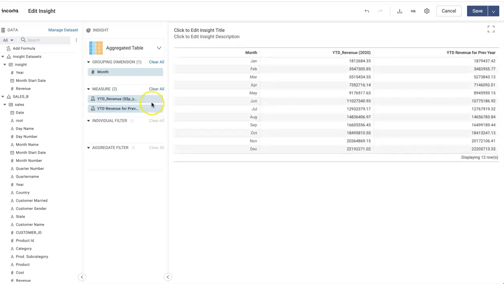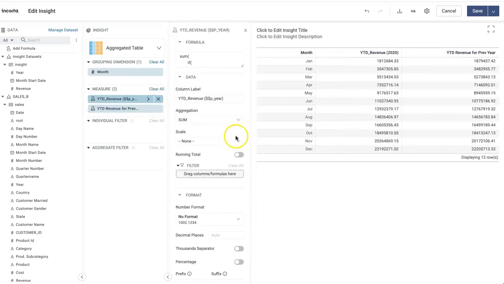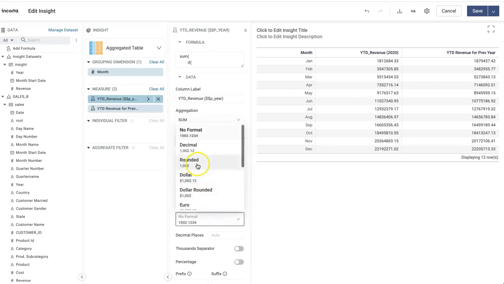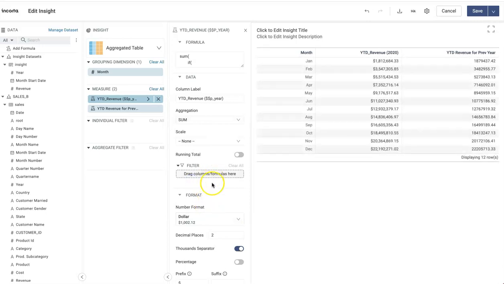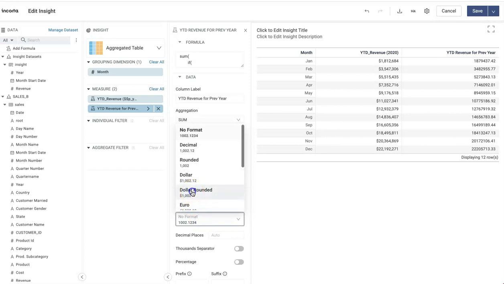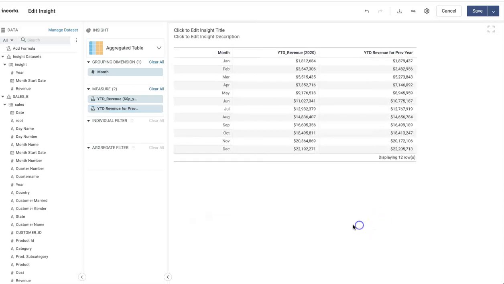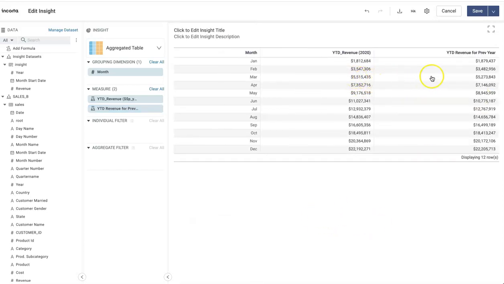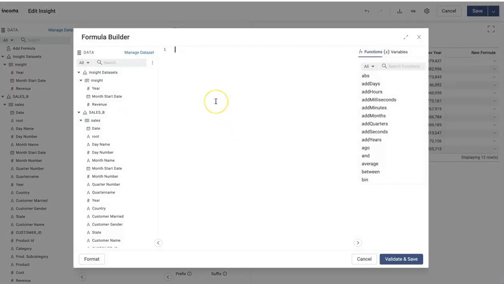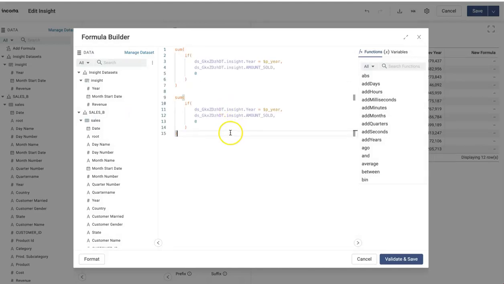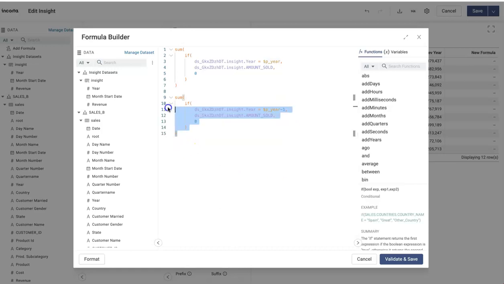Okay, and let's do a little bit of formatting so that it looks a little bit better. So for that I just need to let's do dollar rounded. Okay, this is good. Now I want to do the comparison between these two, right? So comparison is pretty simple, year over year comparison for year to date revenue. So that is pretty straightforward. So I just need to compare that with previous year, right? So let's